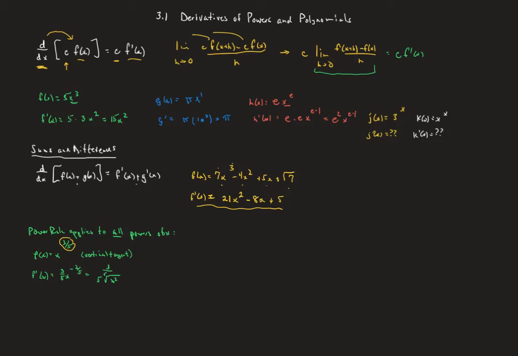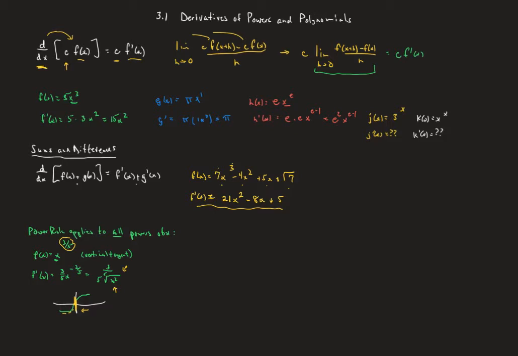So the claim is now that the graph of this thing is going to look sort of like a cube root in a way. So imagine that this is doing something like that. And our claim is that right here at 0, that tangent line is going to go straight vertical. We can see that here algebraically because as we plug in values of x that get close to 0 from the right,